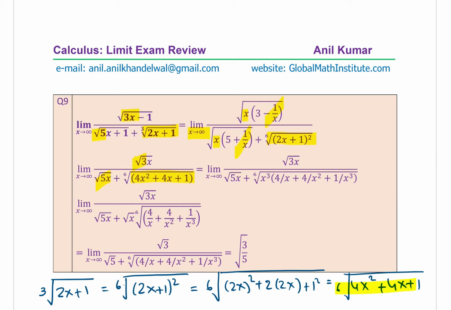And now we want a term which is kind of the square root of x squared. So what I did was we factored out x cubed. When you factor out x cubed, we get 4 over x, 4 over x squared, and 1 over x cubed. Now in this case, since the limit is approaching an infinitely large value, all of them approach 0. But first we worked with this part, which is, let me write down here, the 6th root of x cubed. The 6th root of x cubed is like x to the power of 3 over 6, which is x to the power of